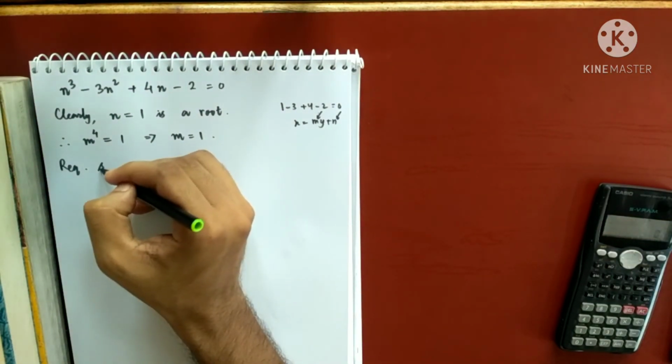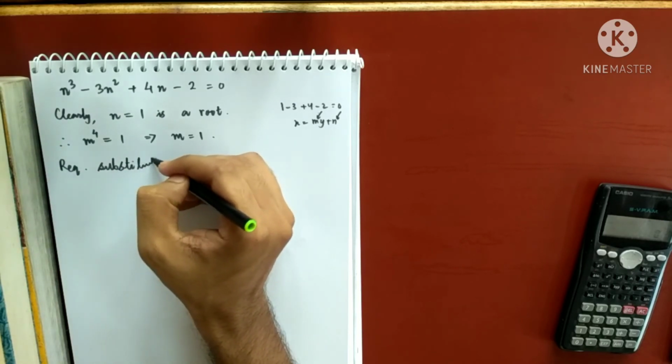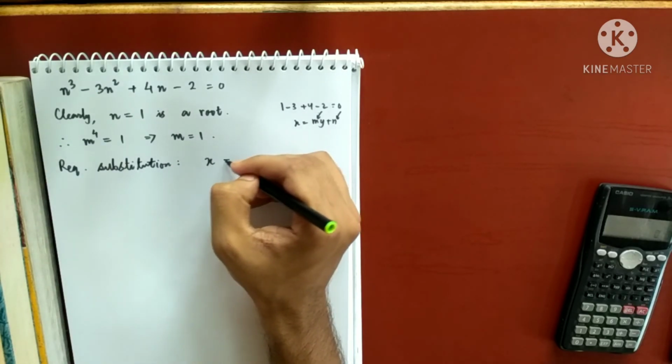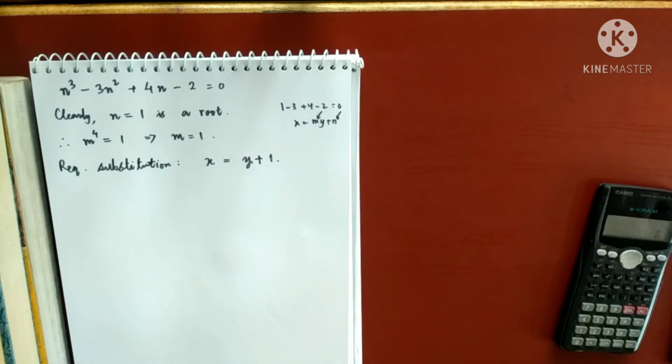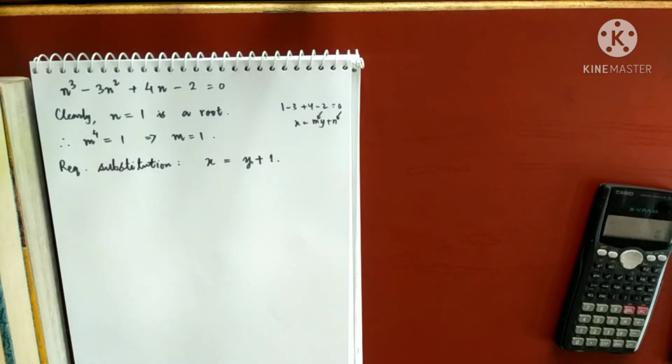So the required substitution is of the form x equals my plus n. That means the substitution is of the form y plus 1, because the substitution was my plus n, m is 1, n is 1. So this is the substitution. Now,